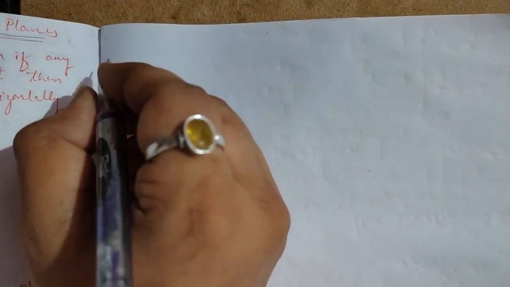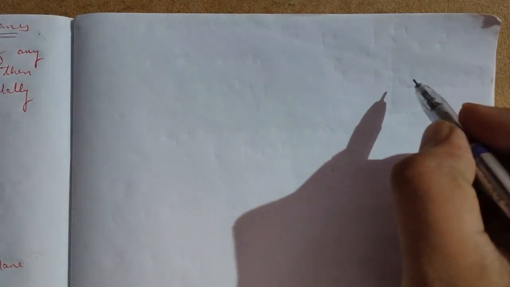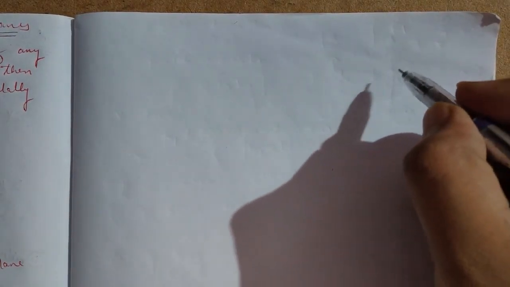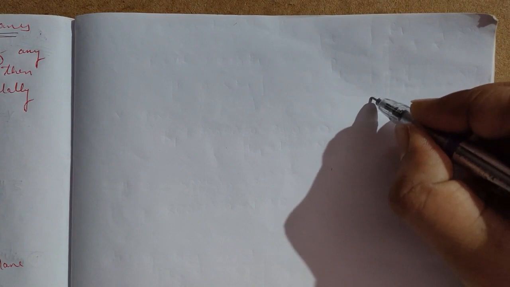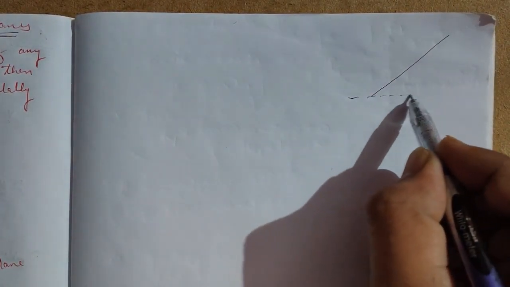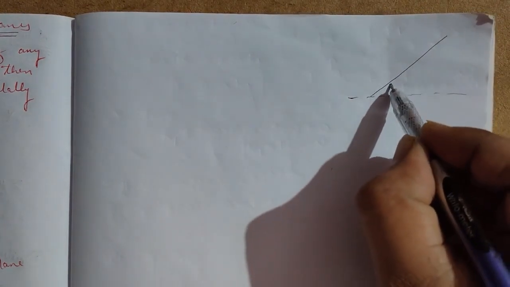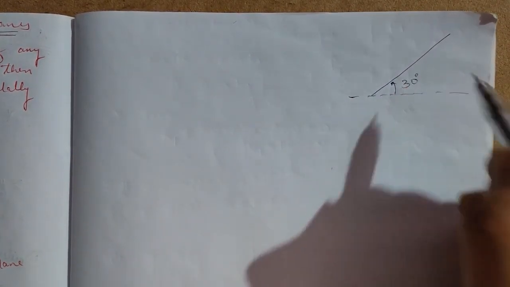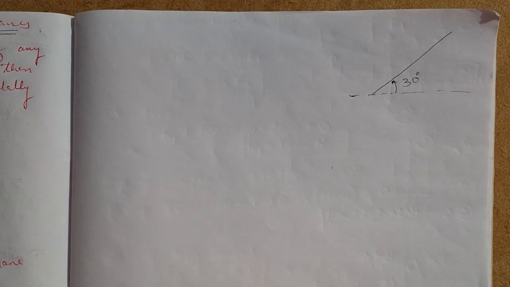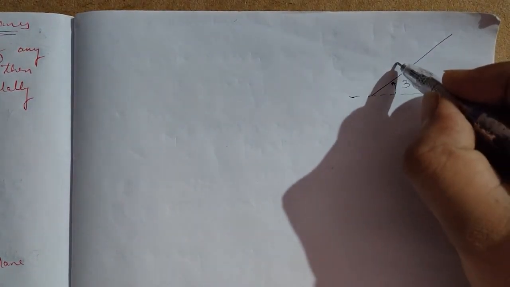Come here. So I will write down the free body diagram now. So I'll just write the free body diagram. So the plane is like this. Okay, the horizontal plane is like this. So this is 30 degree. Okay, now I'll draw a block on that.